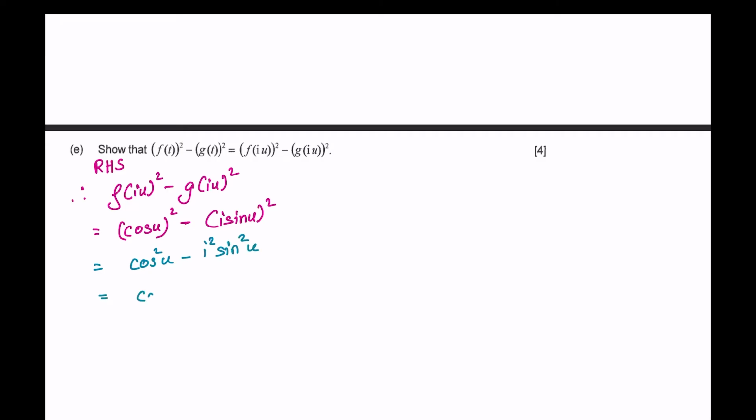i square has a value of -1, so it would be cos square u plus sine square u. Now we all know that sine square x plus cos square x becomes 1. So even in this case also cos square u plus sine square u will be 1. So the RHS has a value of 1. We have to prove that the LHS also has a value of 1. So we can just say LHS equals RHS, since